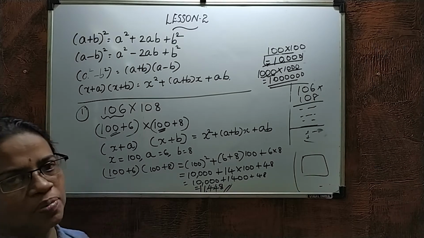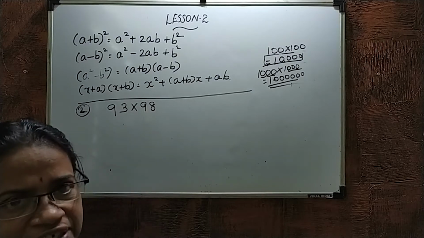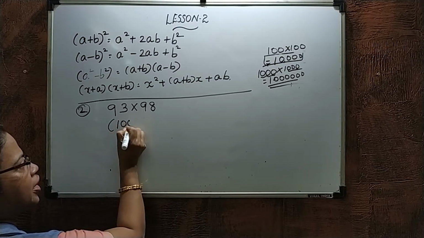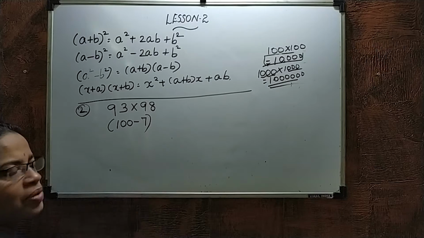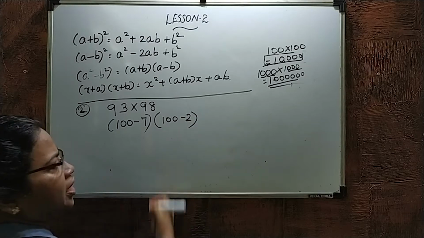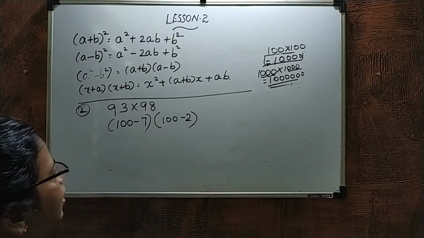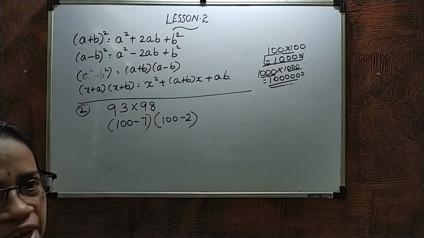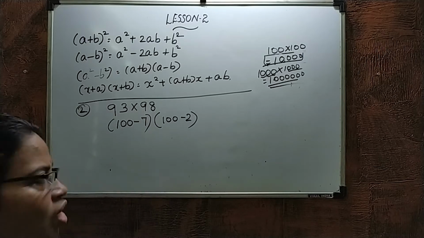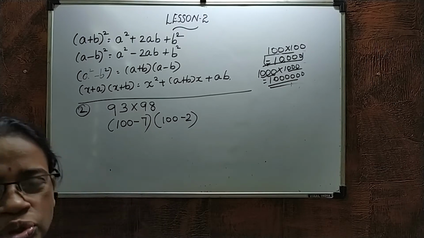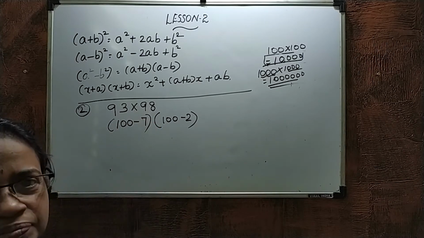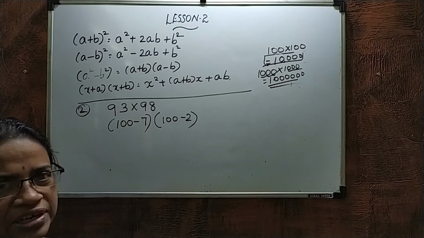Okay. Now, we will do the second problem. Now, second question is 93 into 98. So, what you have to do is just take with 100. 100 minus 93 means 7. 100 minus 7 is 93. And then 100 minus 2 is 98. You will think that why can't you take it as 90 plus 3 and then 90 plus 8? Do you think that it will be easier with the 100 or less easier? Now with the 100 it is the easier thing we can do. That's why we are not taking 90 plus 3 and 90 plus 8. Okay, we will start with 100 itself.